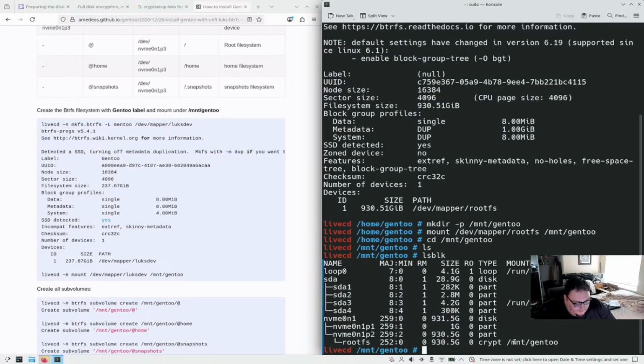As you can see, notice how rootfs is mounted, not nvme0n1p2. Both are important, you just have to get inside with a password. So